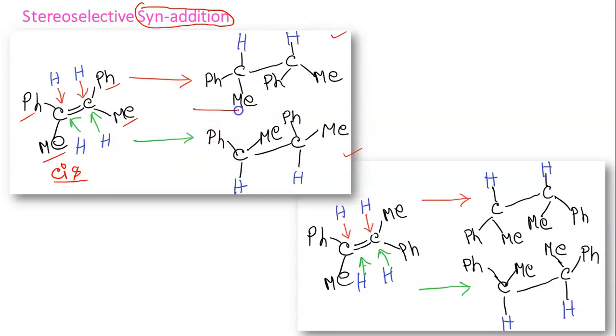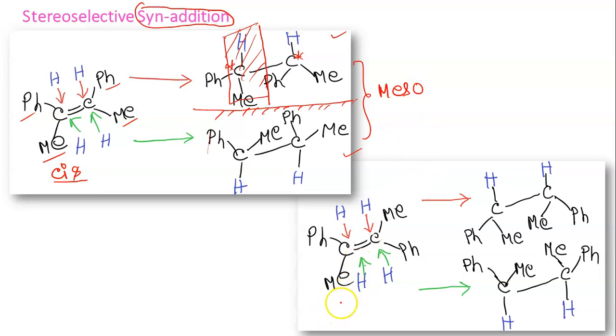And if you place a mirror here, you will see that these two are mirror images of each other, but actually these two are not enantiomers. Why? Because if you cut the molecule in this way, suppose this is the plane, then both halves are actually equal. So these two compounds, though they are mirror images of each other, and if you do the RS nomenclature for these two carbons, you will see that if one is R, the other will be S, and vice versa. But still, as there is an internal plane of symmetry, it is meso.